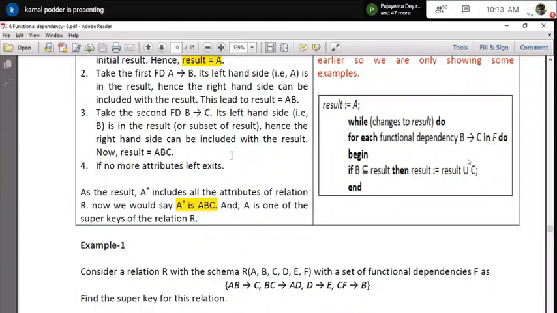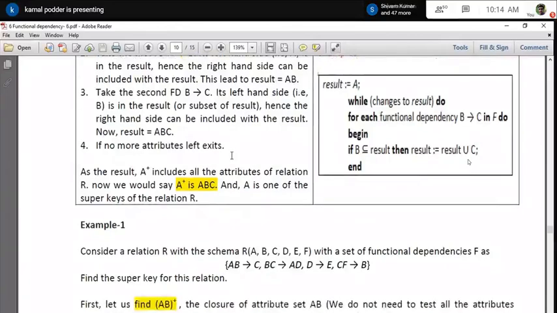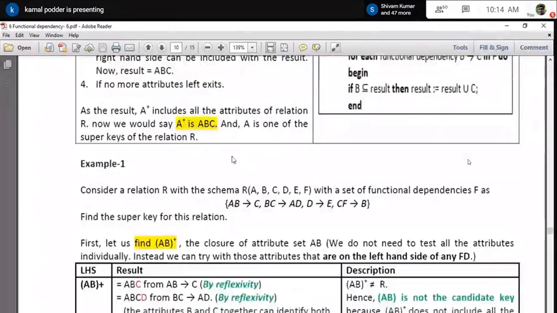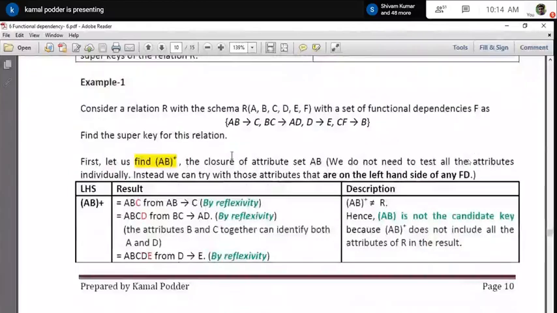I will show you later that there is a little bit of difference, because first you have to find out the super key and then try to find out whether any minimal subset of that attribute set is also covering all the attributes or not. Then you have to consider the subset. So I will go to the next example, then it will be more and more clear.